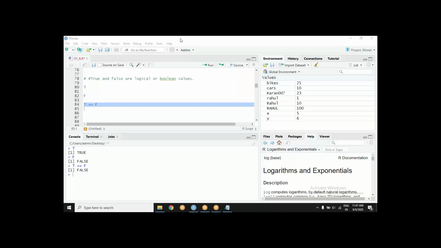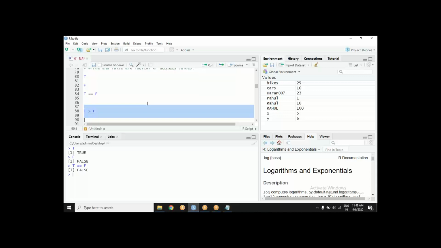One small trivia question for you people. We just compared whether true is equal to false. No, it is not. Tell me what should be the answer of this. Don't execute, just see and tell. I am saying true is greater than false. And bingo.